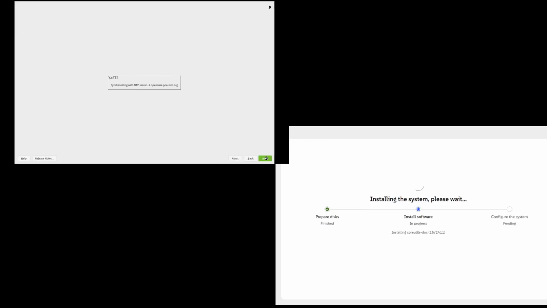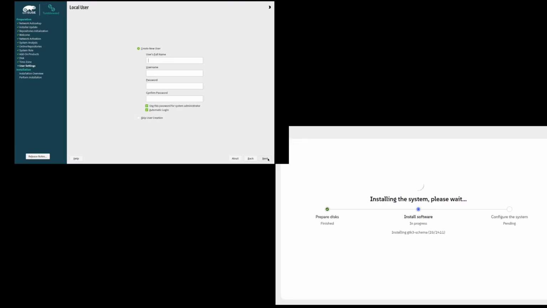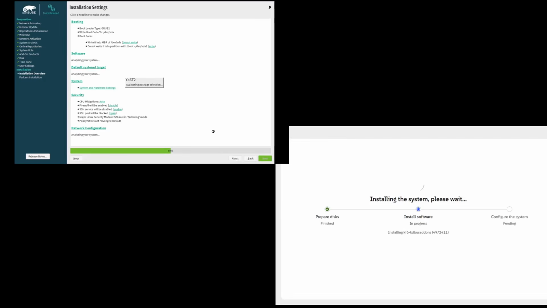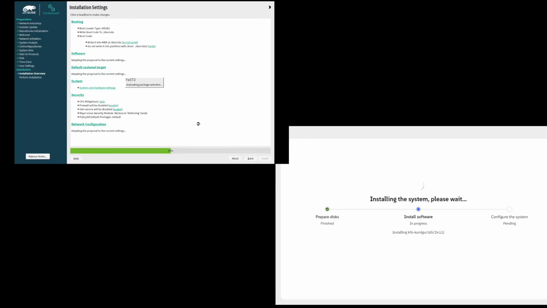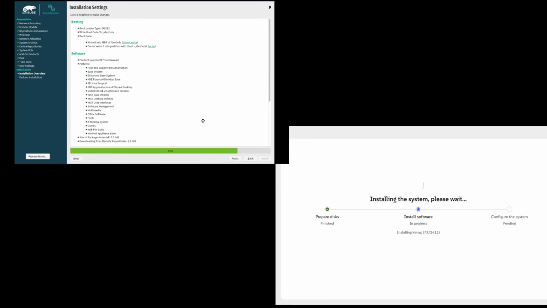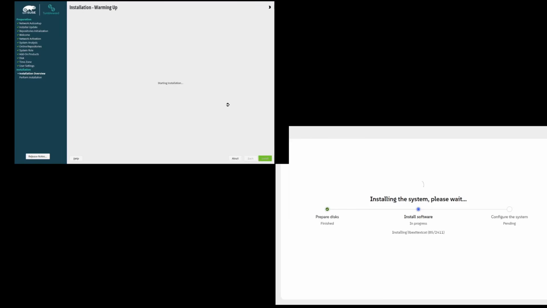And let me see. Should be in my history. Okay, I guess I'm going to have to dig around just a little bit for it, but what I'm wanting to do is I want to see which Agama version. Okay, there's my clicky. The Agama version that I'm using right now is